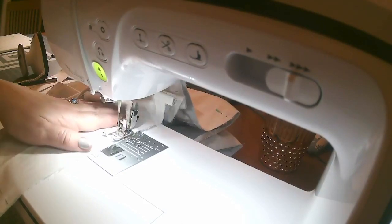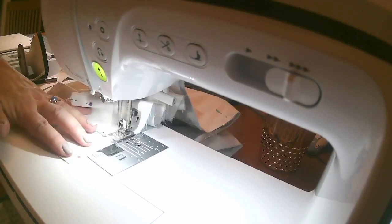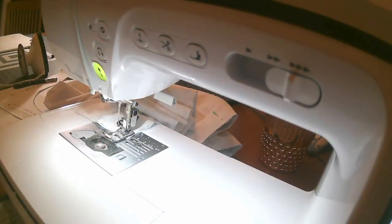And we are nearly done, guys. Okay, all the way up, like that. I didn't taper that side, okay? So,